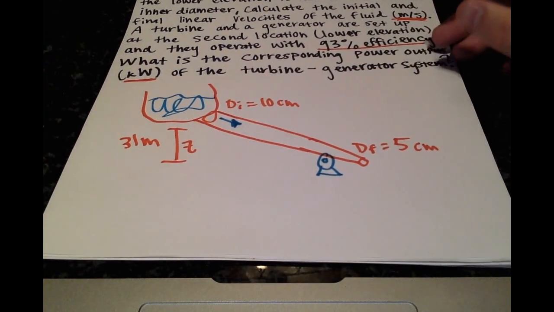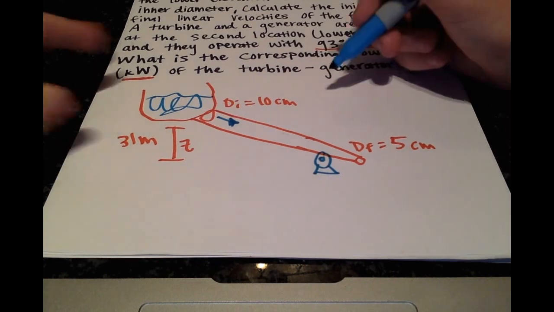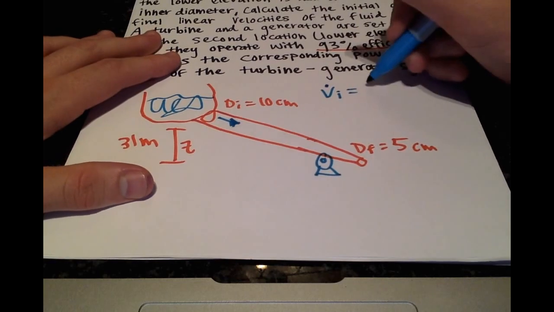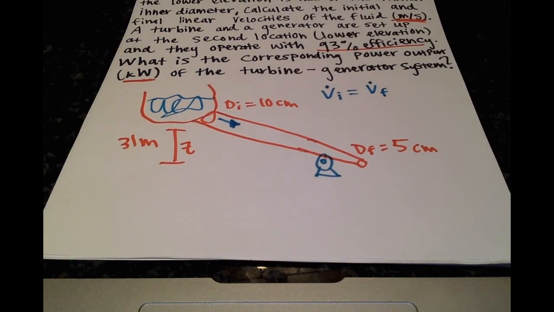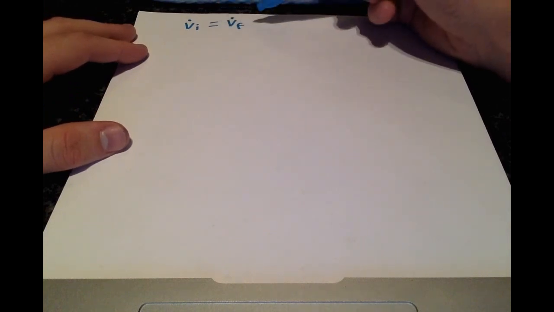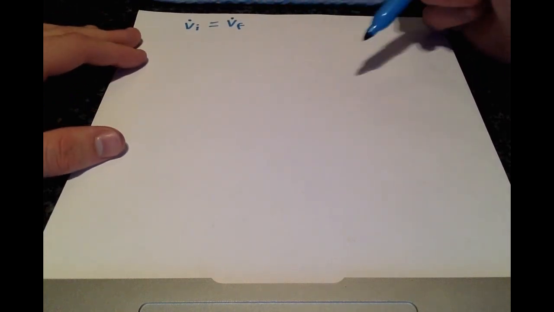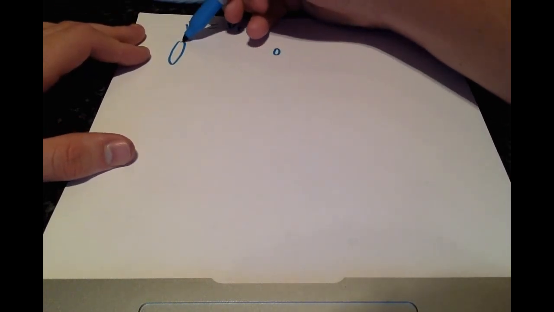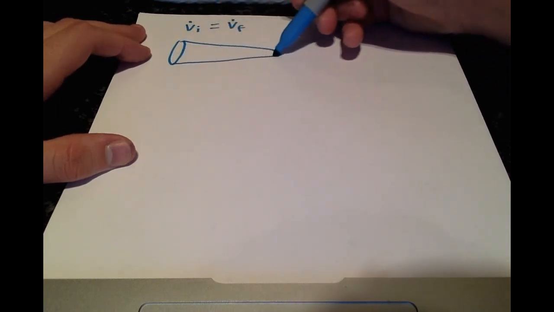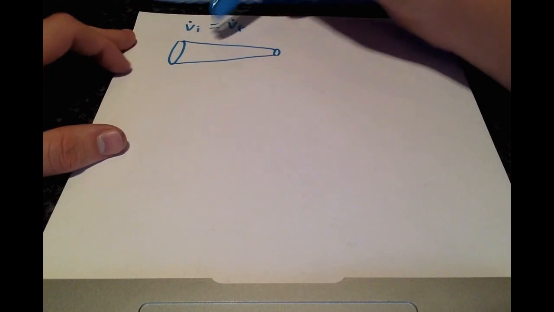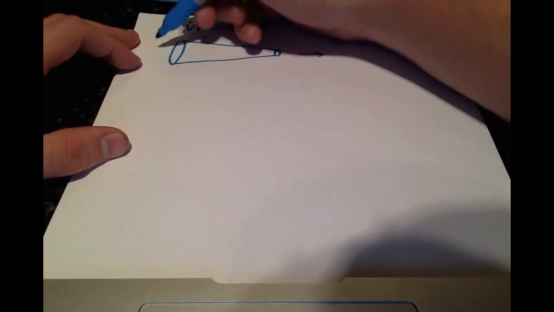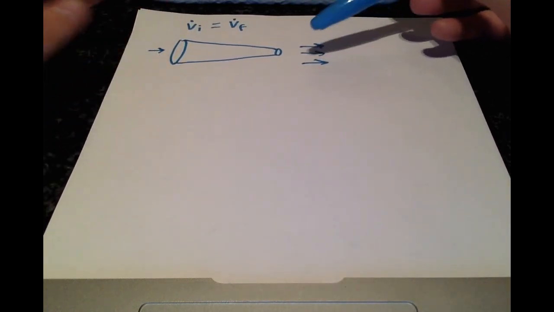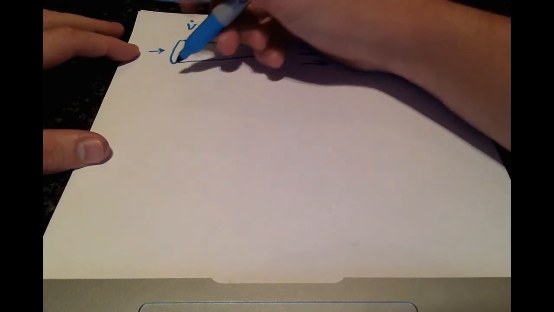And to get started on this problem, we just have to know that the initial volumetric flow rate is equal to the final volumetric flow rate. Because they have to be the same, that means that when we're going from a large diameter to a small diameter, for that volumetric flow rate to stay the same, the linear velocity has to be speeding up quite a bit. And if we break that down,